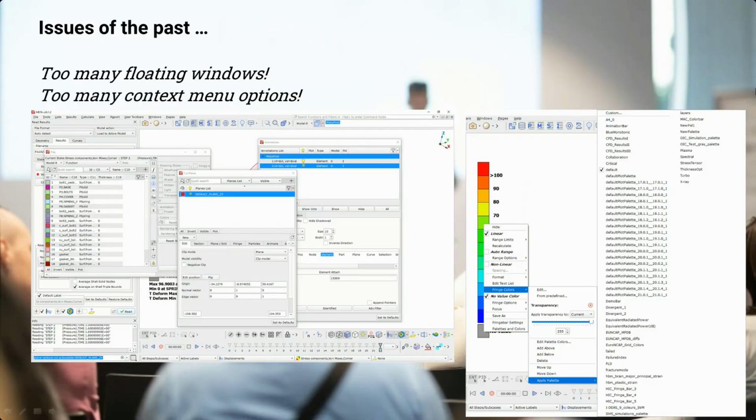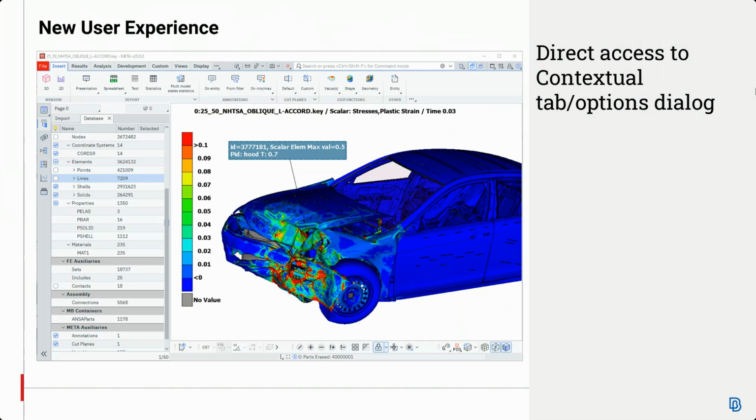In older Meta, every entity was a separate tool, meaning a separate window in the software. And a situation like the one on the left appeared frequently. On the other hand, there were many cases where you needed to go to a second or third menu for an option you wanted to use, a test of speed and precision with the mouse. Now the Contextual Ribbon tab concept gives direct access to entities' options and actions without extra windows.